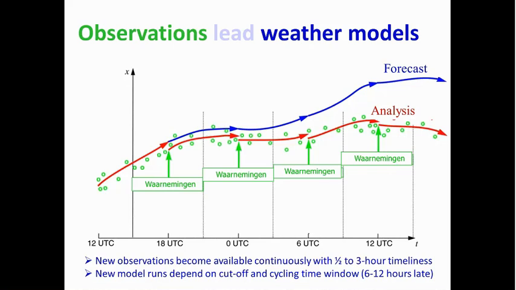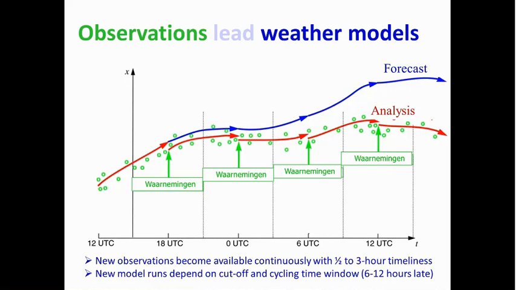And then in the next observation window you wait until it has passed and until you have observations to make a new analysis. So that means that at that point in time, in the first box you see here, the red arrow is jumping down a little bit because that change of state in the atmospheric model is then better, more consistent with the new observations. So this, of course, can then be repeated every 6 hours, and this gives a sequence of analyses. And this sequence of analyses is also used, for instance, in reanalysis projects over very long time scales.